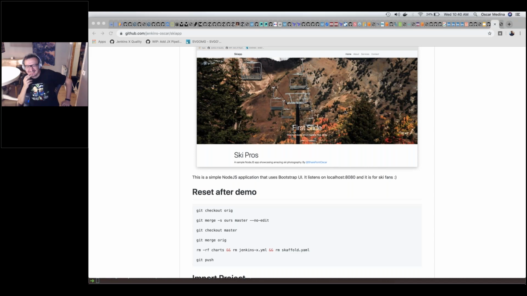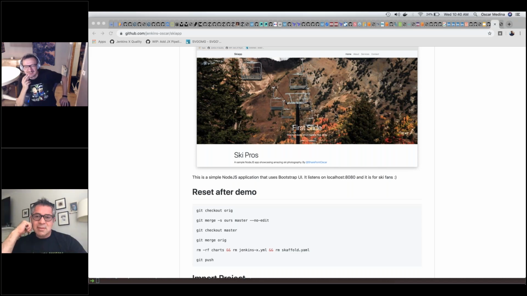So during the demo, Oscar, how did Jenkins X know your GitHub credentials? Where did you set them up? When you install Jenkins X on top of the Kubernetes cluster, which you could create with Terraform and your other practices,